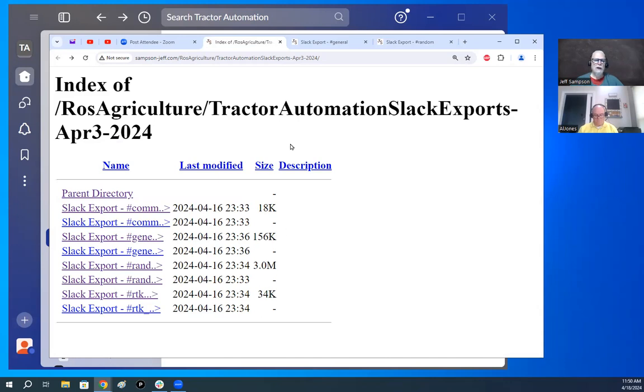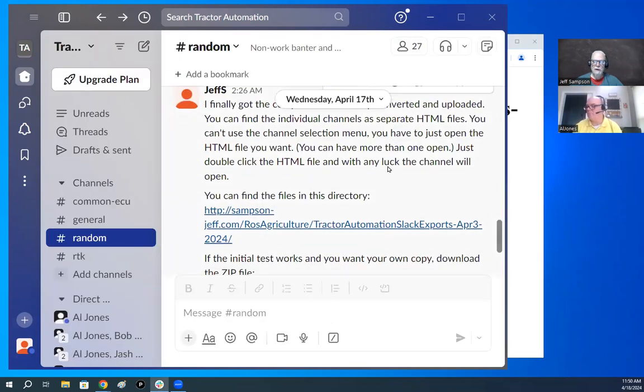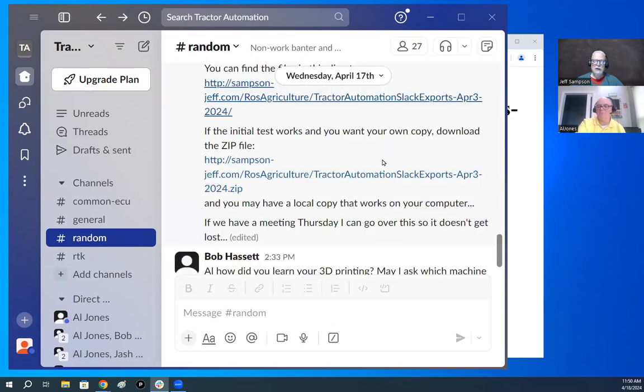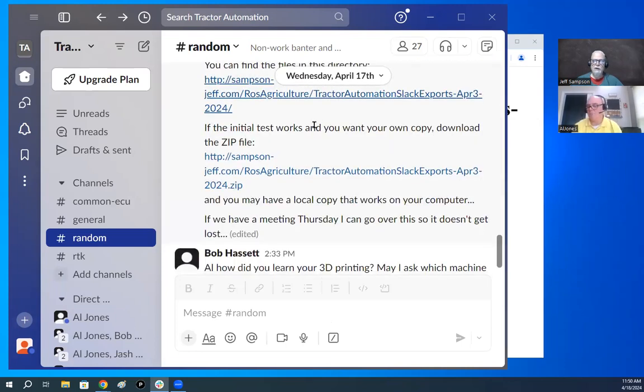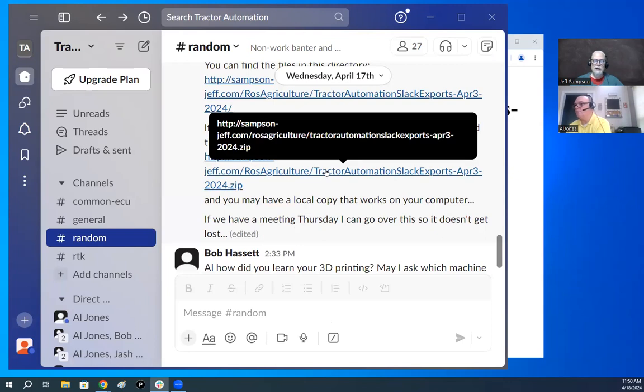Now, if you decide you want a copy of this for yourself, let's see, I can't back up there. Let's get back to here and come down. So the rest of my post says, if that's working for you and you want, you can go out to click on this link, and that's the zip file of that directory. So if you click on that and download it,